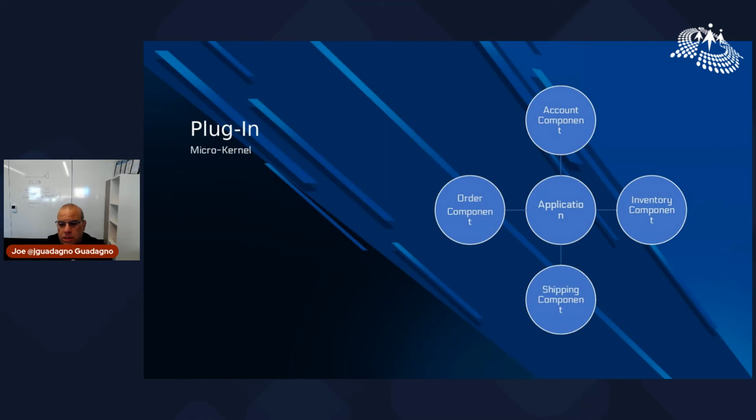The application in our example for Amazon has different plugin components. So it knows that there's something that handles shipping, something that handles order, something that handles inventory, and something that handles account. This is generally used for applications where you want flexibility or you don't understand the entire model or the entire user base that's going to be using the application. I've used this pattern in the past to build out things like a task scheduler,